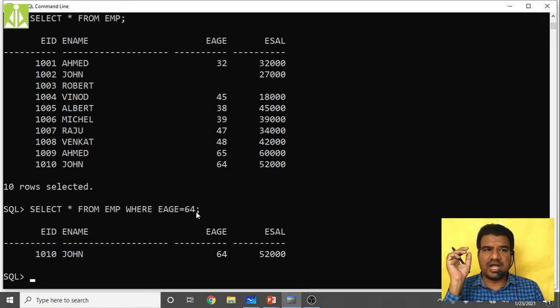See, first you try to understand the question, I mean the retrieval procedure what they have given, and then try to frame the query in your mind itself. Okay, frame the query there itself.